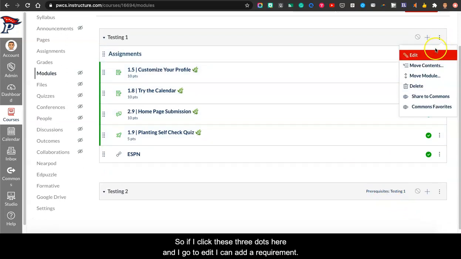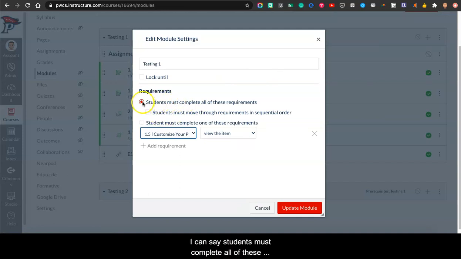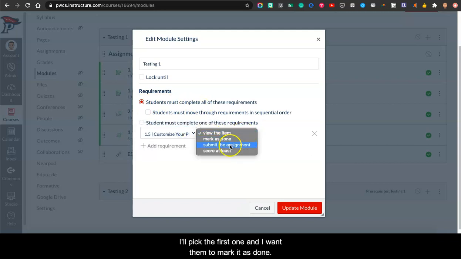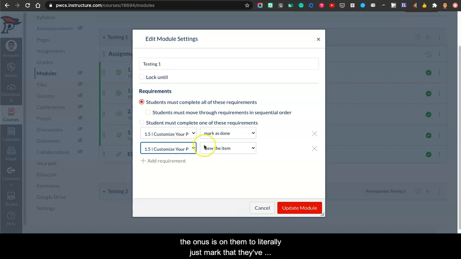So if I click these 3 dots here and I go to edit, I can add a requirement. And I can say students must complete all of these requirements. That I feel like is important. So I'll pick the first one, and I want them to mark it as done. This is just the student does whatever's on that page, and then the onus is on them to literally just mark that they've completed it. On this one, I want them to submit something